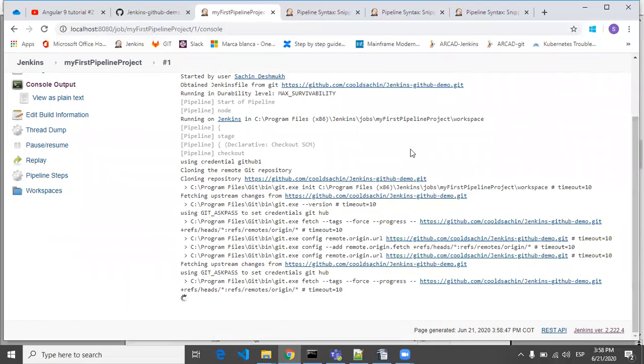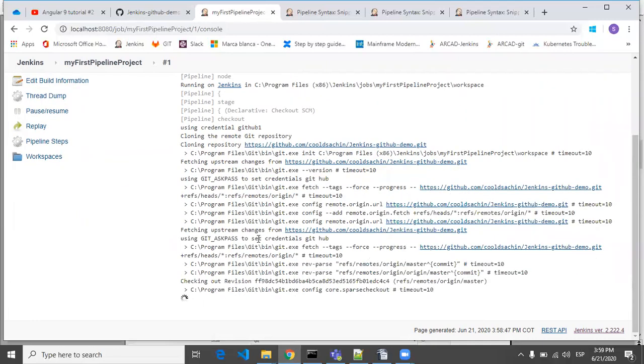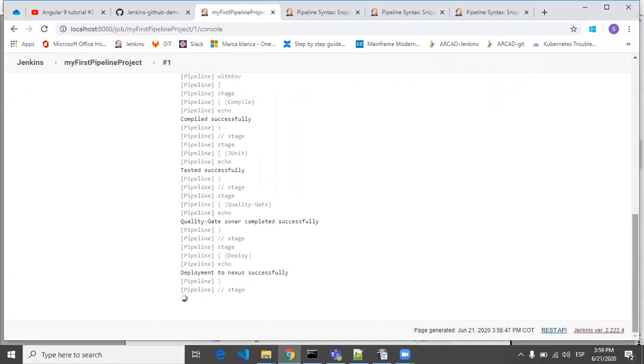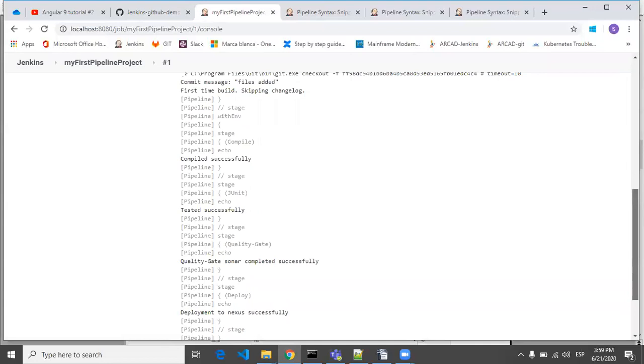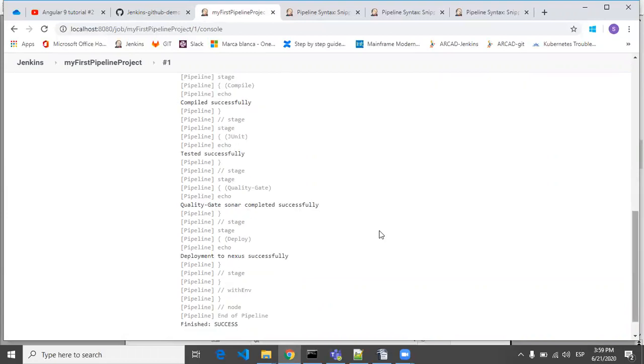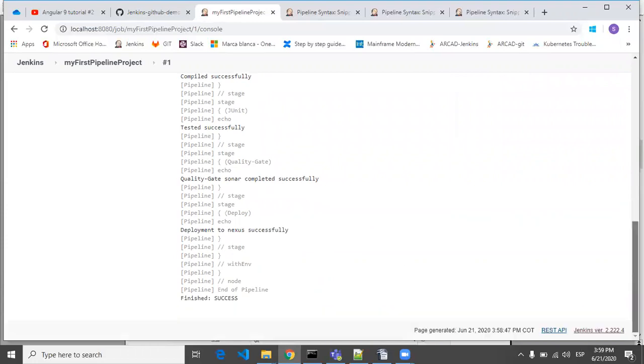Once it gets that Jenkins file, then it is going to execute the number of stages involved in your Jenkins file. So as you can see, pipeline started and then the first stage is completed, compiled successfully, tested successfully, quality gate Sonar completed successfully, deployment to Nexus successfully, and success. So likewise, you have to configure your declarative Jenkins file. Okay.